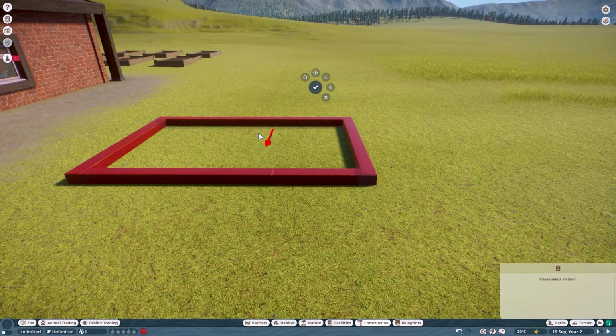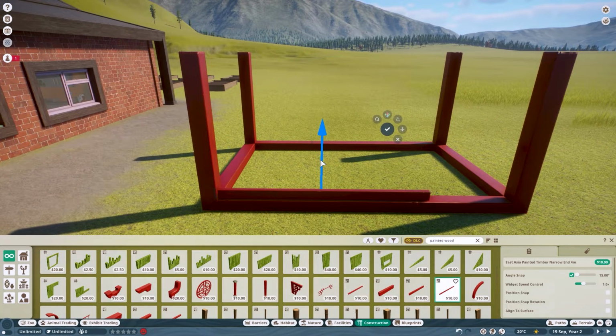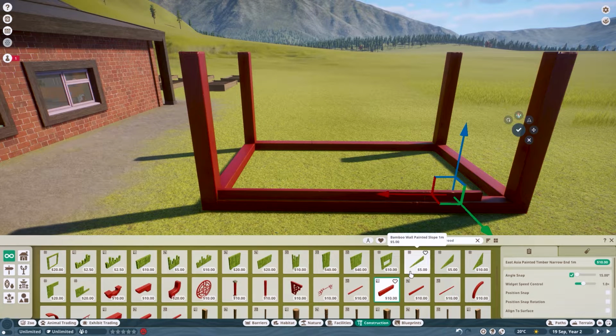So that being said, we started off with our frame. It was really made utilizing these thicker beams, and then in between I used the thinner, more narrow beams to create the wall. Now, it's important here that we understand that this is going to be a fully custom building,